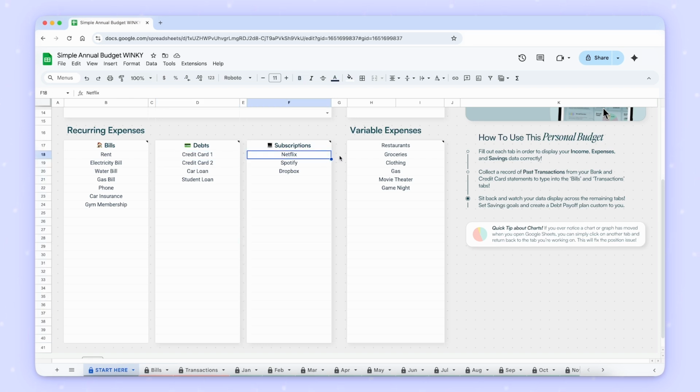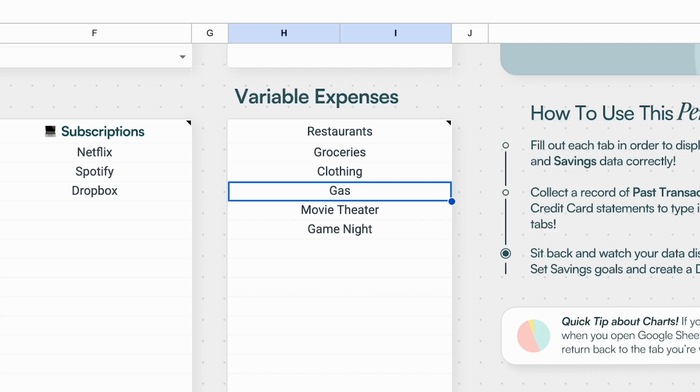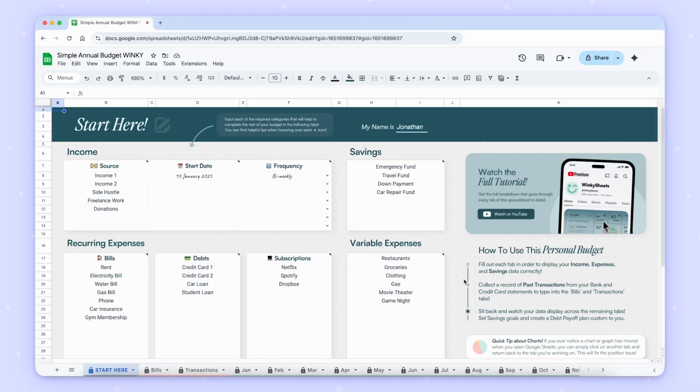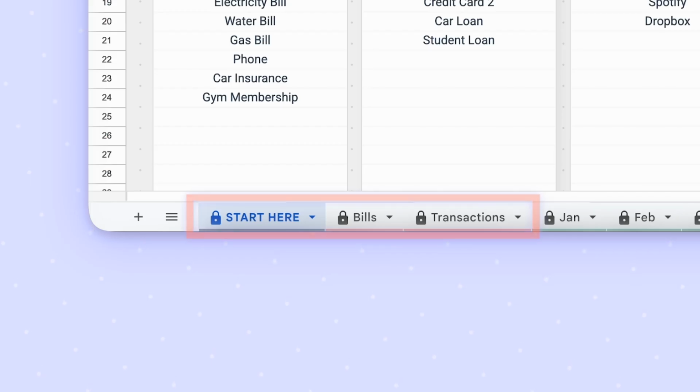Next, we'll do that with any subscriptions we have for maybe streaming platforms or old magazines that we may have forgotten that we signed up for years ago. We're going to add those subscriptions here. Now, finally, go through and add any of the different categories that you spend on variably, irregularly. Now, once we've completed that, we're going to move on to the next tab, and we'll notice that these tabs here at the bottom, once we fill these out, most of the rest of the spreadsheet is going to be